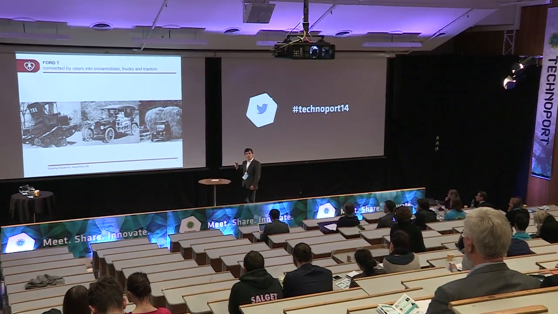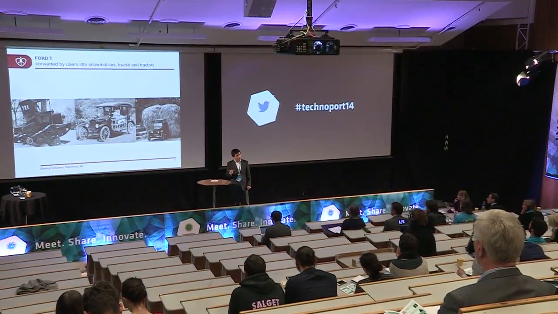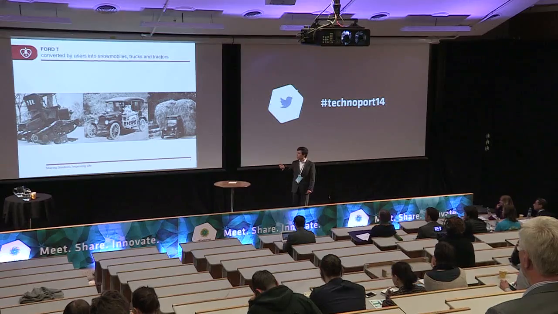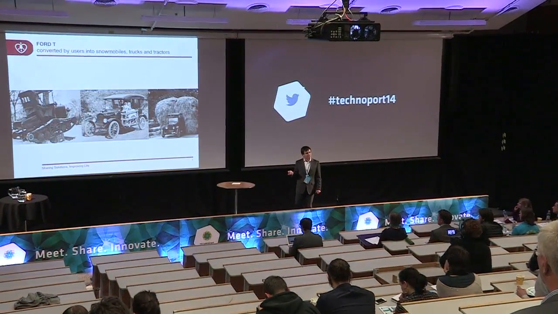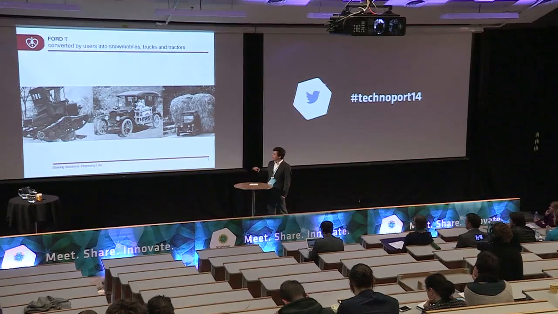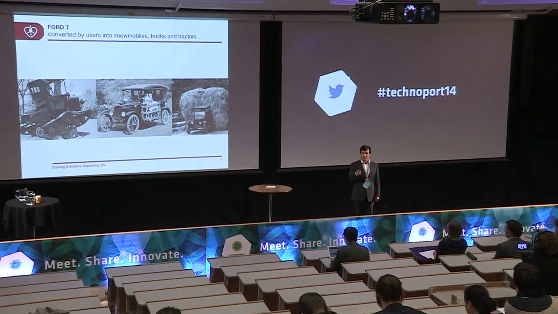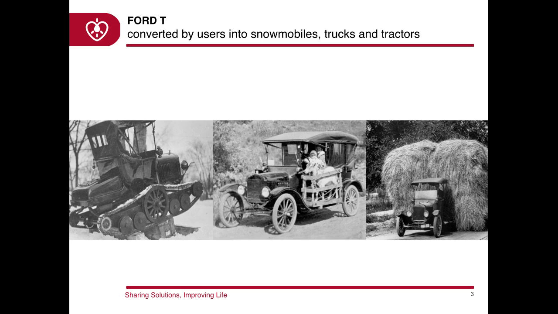The good news is that some users, some of the consumers that got those cars, were actually not completely happy because, for instance, they were farmers that lived in the northern part of Norway, or in this case, in fact, in the US, in Michigan. And because there was a lot of snow, they needed to do a lot of modifications to actually use the car during the winter. And by doing that, they created the first snowmobile. The first truck, the first tractor were also created by farmers that were not happy with the solution by Mr. Ford. Mr. Ford at the time, of course, was not doing any of this.